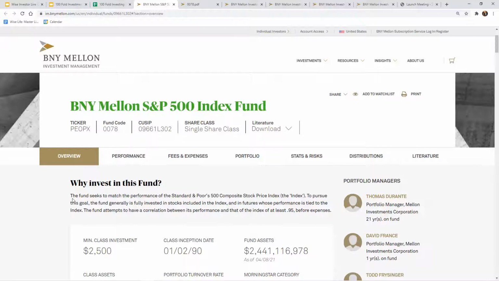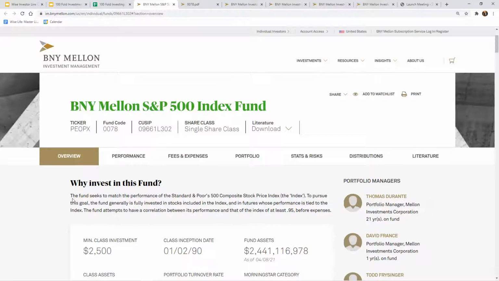All right, so why invest in this fund? This is functionally the investment objective that we talked about. On this particular fund, they use a very short version here and then expand it in some other places. So the fund seeks to match the performance of the Standard & Poor's 500 Composite Stock Price Index.